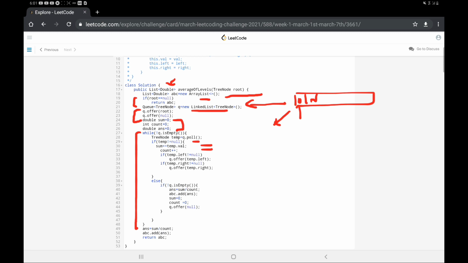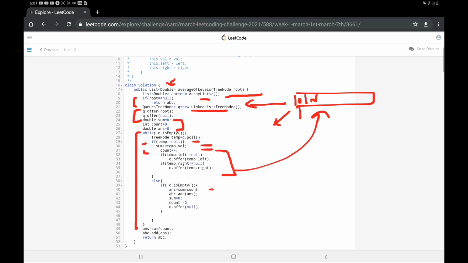All right, now we will check for its left and right child. If they are present, then we will just add them to the queue. This is nothing but a level order traversal only.